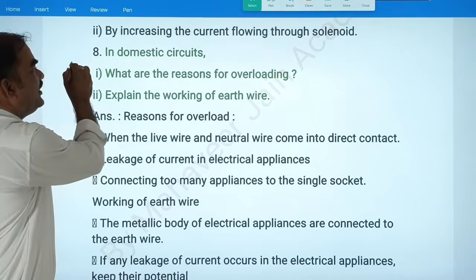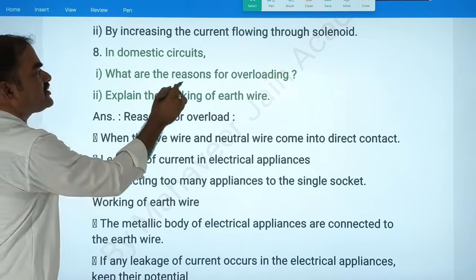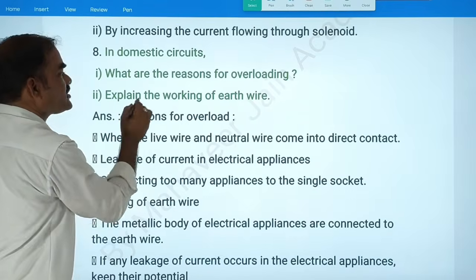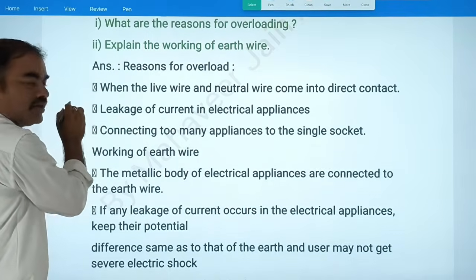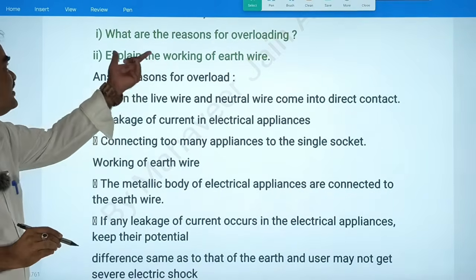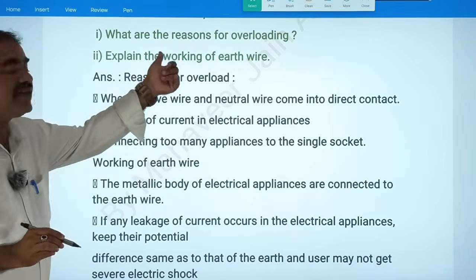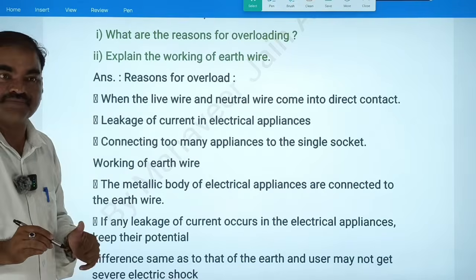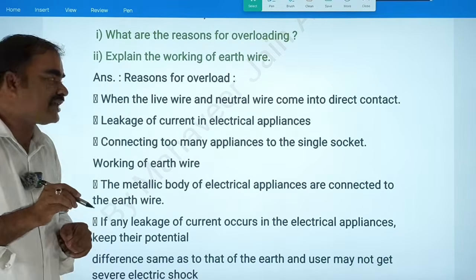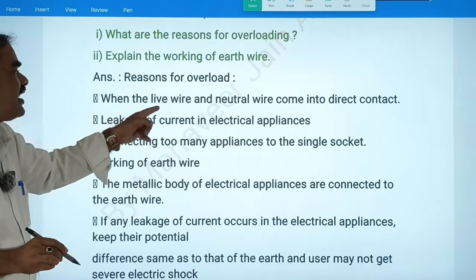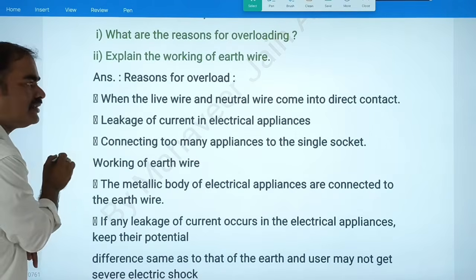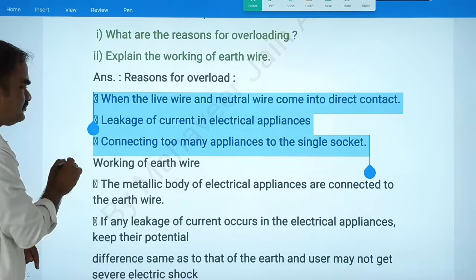Next one. In a domestic circuit, what are the reasons for overloading? Explain the working of the earth wire. Already I have explained this one: what are the reasons for overloading. And next, coming to explain the working of the earth wire. This earth wire, what it does is, when the live wire and neutral wire are connected, that time we can get